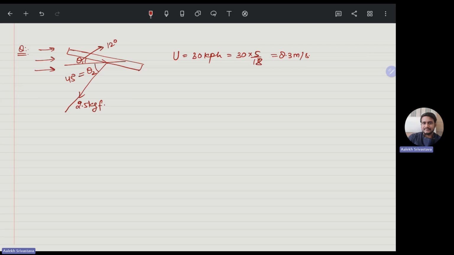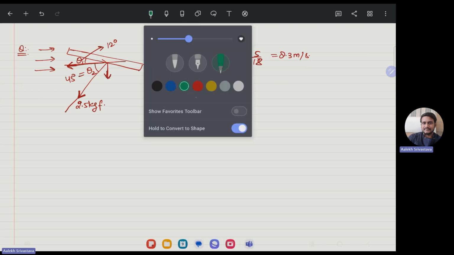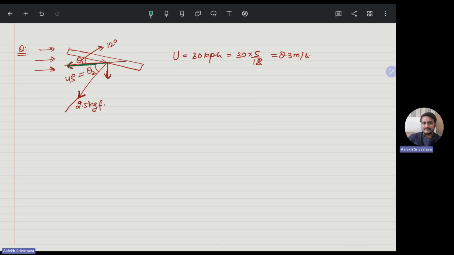Now you need to find what is drag, what is lift. So you know that this is the total force that is exerted, and this force has two components. One is this component, one is this component. This component produces a drag, this component produces a lift. So if I say this 2.5, this will produce the drag and this will produce the lift. So the formula we derived is Fd is equal to,